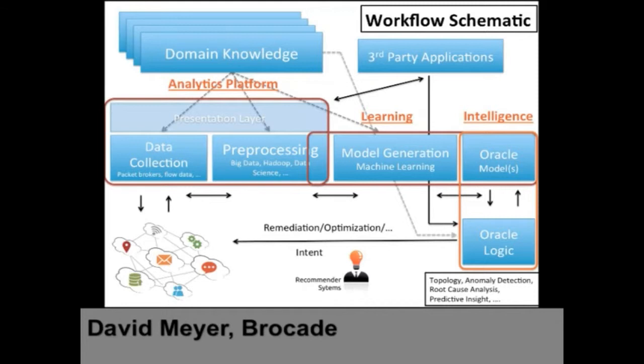So use something called a recommender system, which is related to what Netflix or Amazon use to figure out what book you want to buy. But basically what it does here is just open the loop so you can put a human in. So this is kind of a workflow. Here's a simple example.